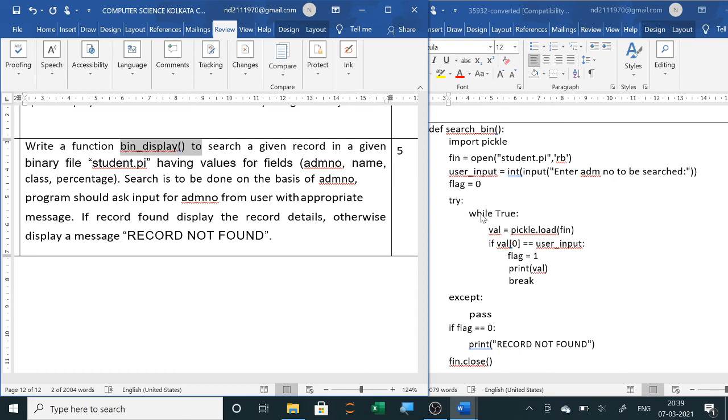Then in the try block we use while True. We will write val equals pickle.load(fn). So it will load the student records. Now one by one we will check here. If val[0] equals our user input, then it will be found and printed. So this is your binary file.